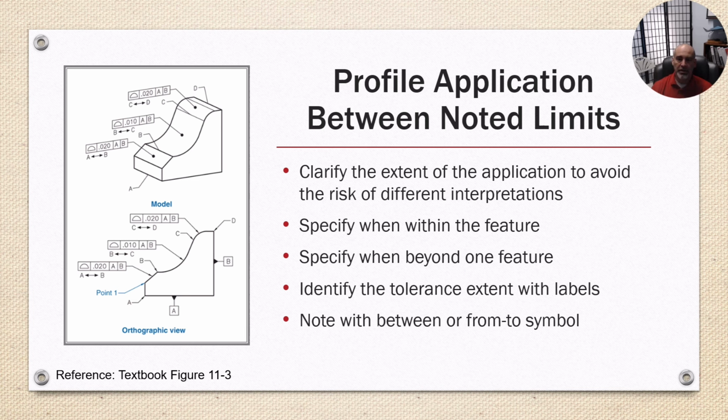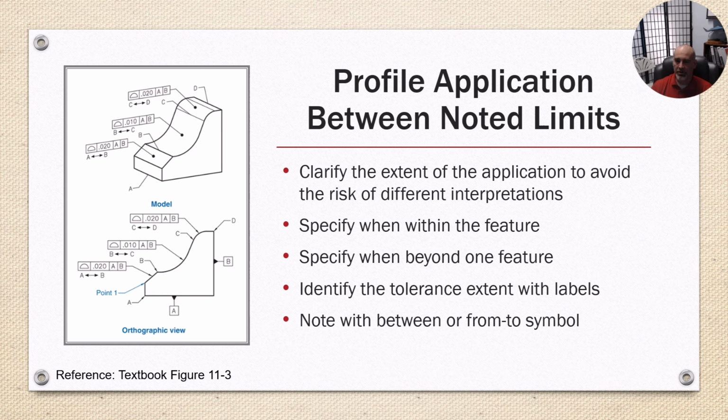So in the example here in the top, we have a model, and the one profile tolerance that's at the top goes between points C and D. Now those are not datums, those are the points that are flagged with leader lines. They still are referring to a datum A and B, which is the back flat planes of the part. Now there's another tolerance, so that profile tolerance of between C and D has to be held within 20 thousandths